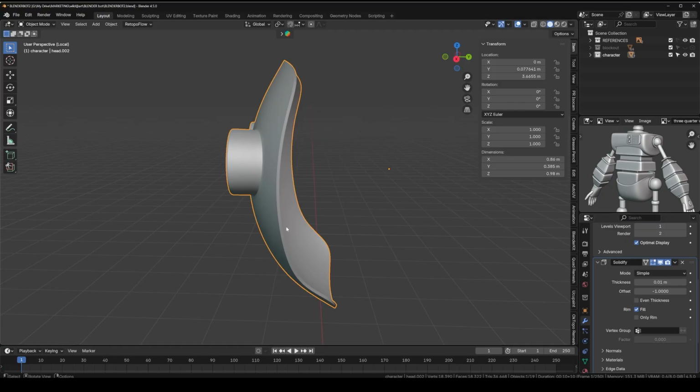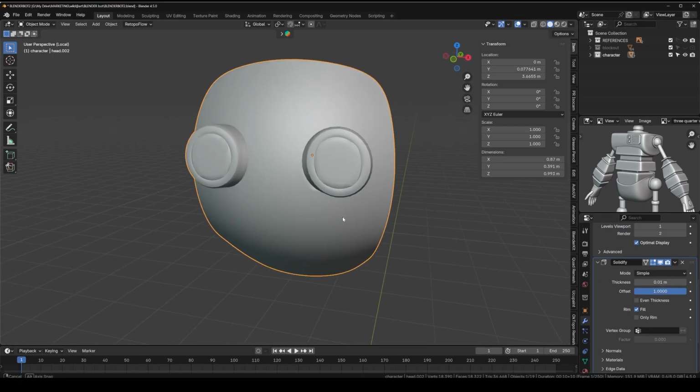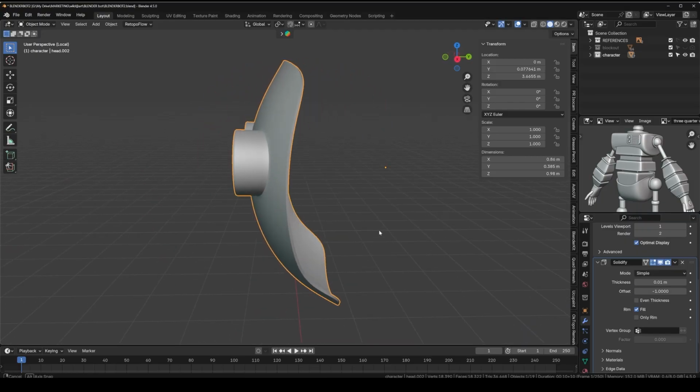And then now we've got the solidify modifier here, and if we play with the thickness, we can make it thicker. And then the offset is basically what direction is it going? Is it going to the inside, or if you press 0, it sort of splits the difference, or if you press 1, it goes outside? So I just want it to be quite small, and then maybe have it go to the inside. So just